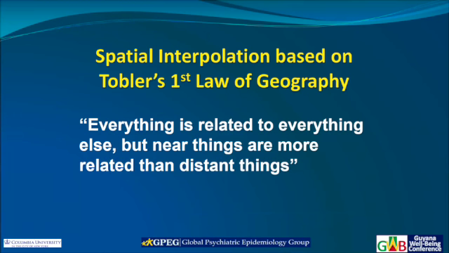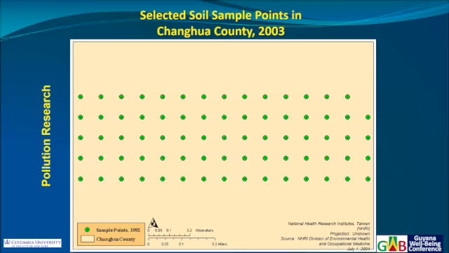Perfect, okay, fantastic. Okay, so I was a geographer. I have to show this, it's basically our only rule, right? It's Tobler's Law of Geography, or the first law of geography. Everything is related to everything else, but things that are closer in space are more related than things that are further apart. It's the basis for a lot of the work that we do, and it's the basis for all GIS analysis.